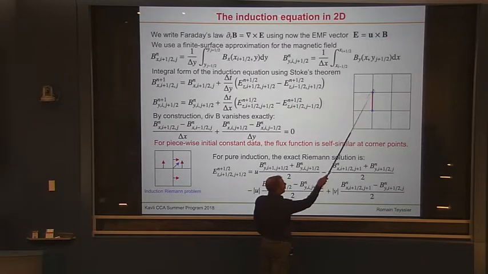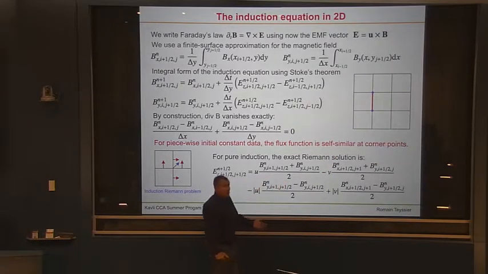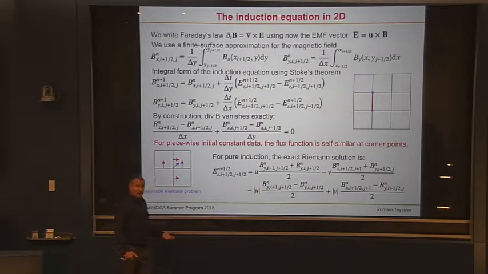Right? And so you need to compute the electric field at this corner point here, at the intersection of these 4 cells. But you have 4 initial states to start with. Right? And so the result of that is a 2-dimensional Riemann solver. So you need to design a 2-dimensional Riemann solver that is the solution of a 2-dimensional Riemann problem. Okay? So that's the big price to pay here.